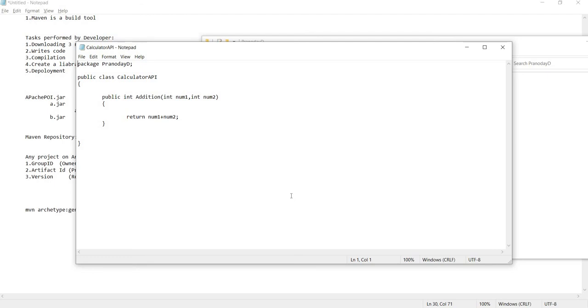So we are going to create the library for such people. We have created a public class CalculatorAPI and we have added this function. So this is how we can start writing a Maven project.